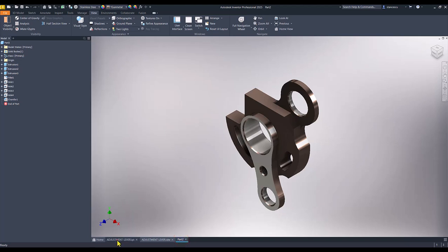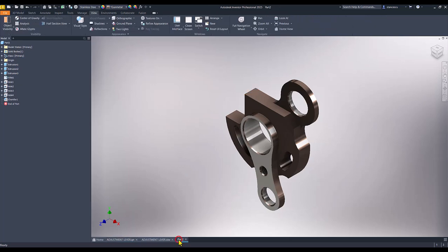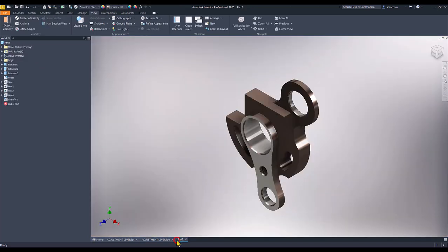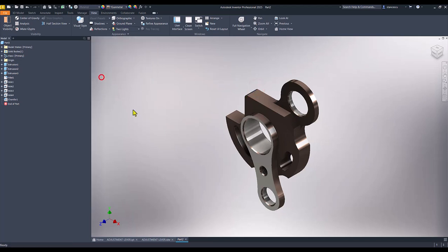Oh, I see something. I see that this fillet is missing, and you don't say anything. You see, this is radius 2. That is the problem. 2 is by default with the volume. Once again,